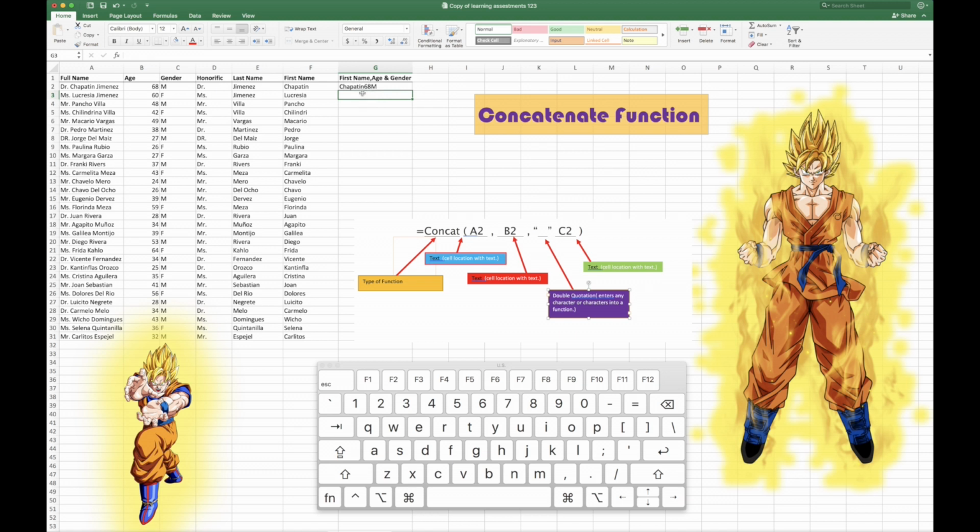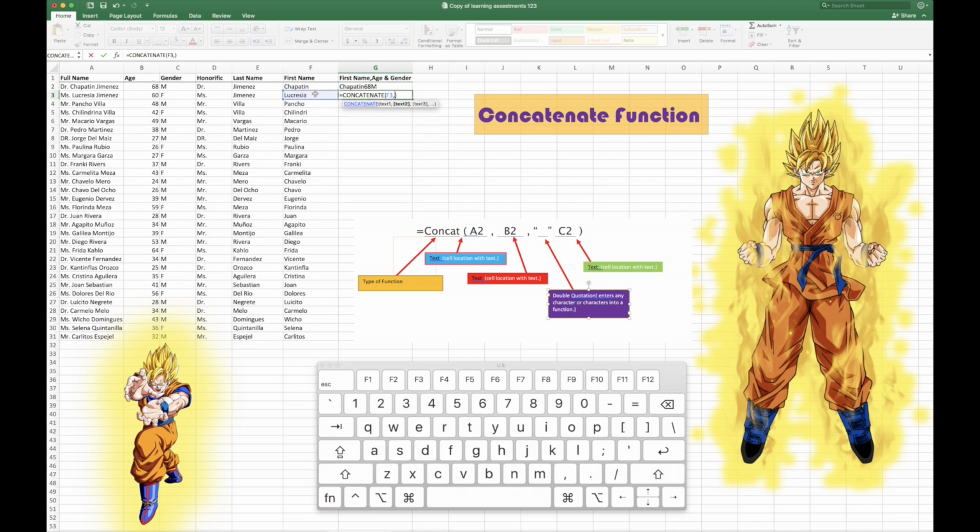So you guys probably see that I don't have any spaces there. I'm gonna teach you guys how to add spaces and different characters if you don't have those and you want to insert them. In order to insert more characters, we're gonna be using the double quotation. Let me give you an example. I'm gonna start typing equal, start typing concatenate, press tab,